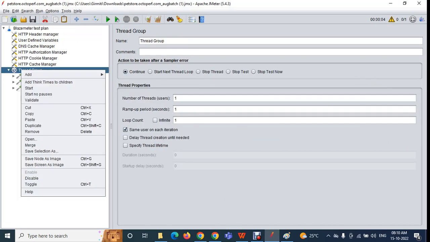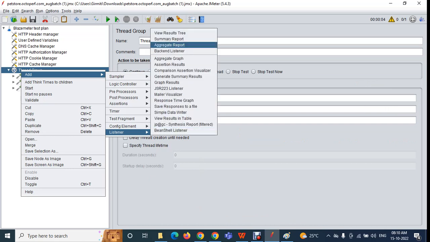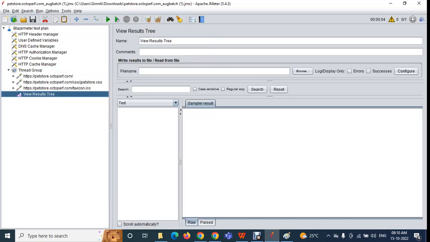Right click on the thread group, mouse on to Add. Here you can see Listener, then Add, View Results Tree. Many things we have, I'll tell you. Okay, add View Results Tree. So I have added the listener called View Results Tree. Using this, you can verify, when you have triggered that particular request, what response you are getting from the server, and you can save that response as well. Whatever response is coming, we can also save it using this View Results Tree. Let me show you.